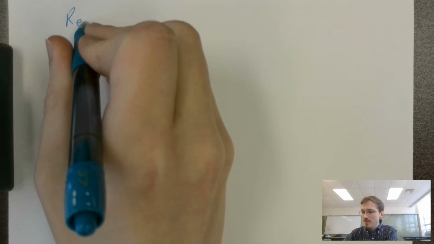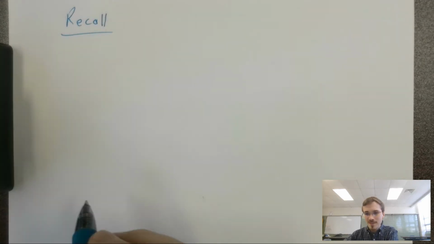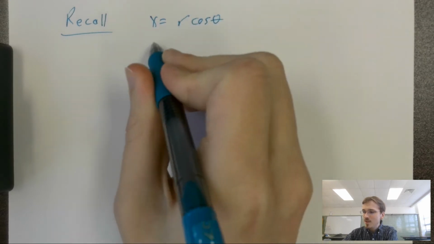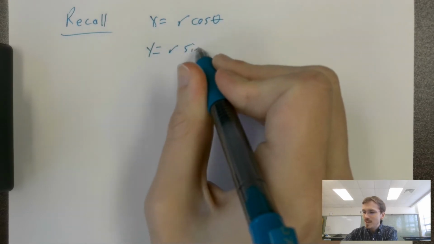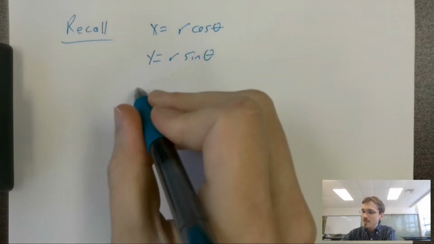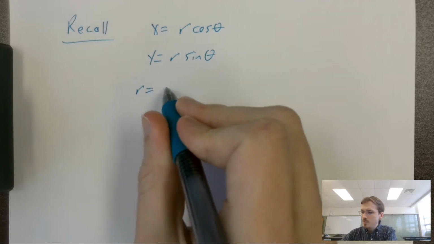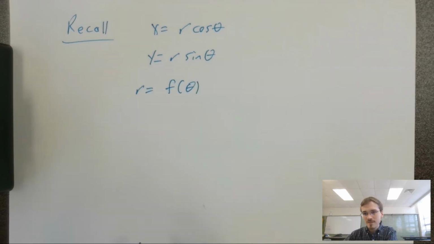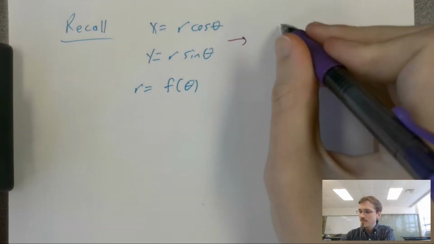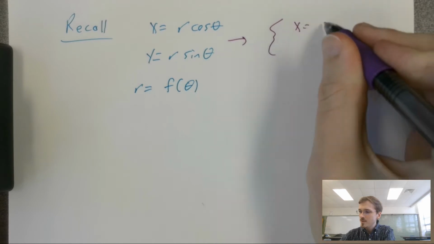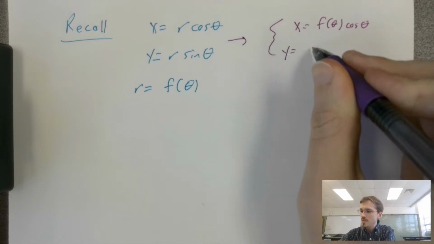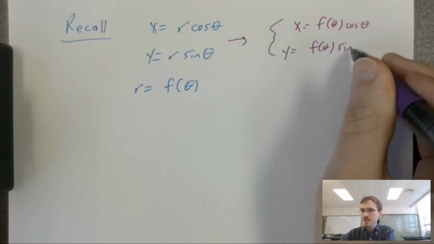Let's recall what polar coordinates are. We know that x is equal to r times cosine of theta. We know that y is equal to r times the sine of theta. And we know that if r is equal to some function of theta, plugging that in quickly gives us that x is equal to f of theta times cosine of theta, y is equal to f of theta times the sine of theta,